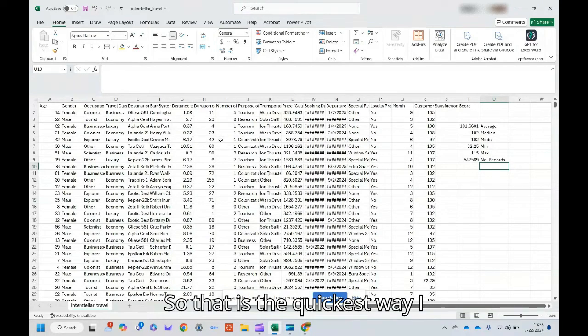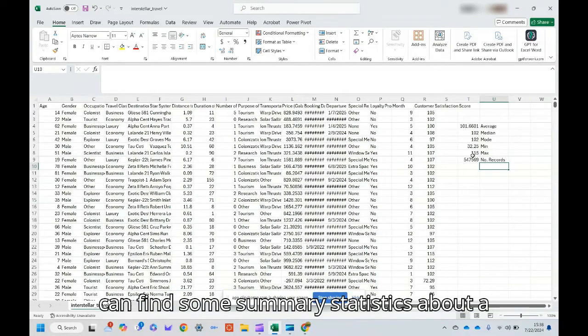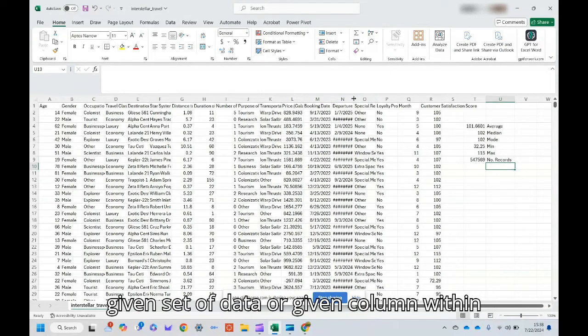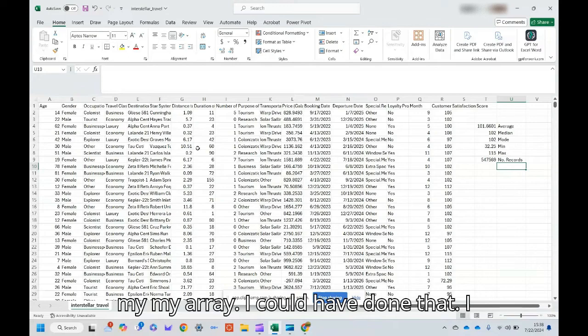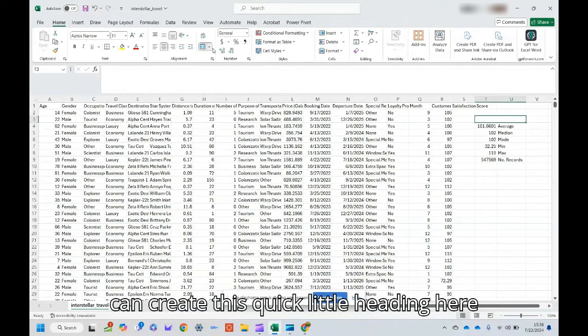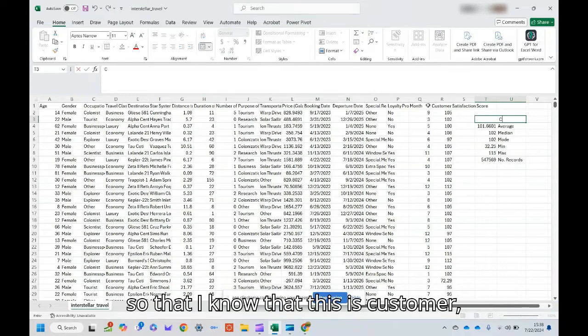So that is the quickest way I can find some summary statistics about a given set of data, or a given column within my array. I could have done this. I can create this quick little heading here so that I know that this is customer